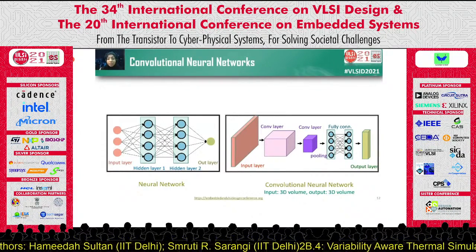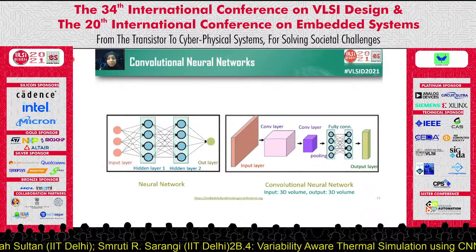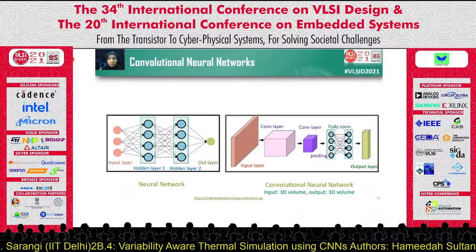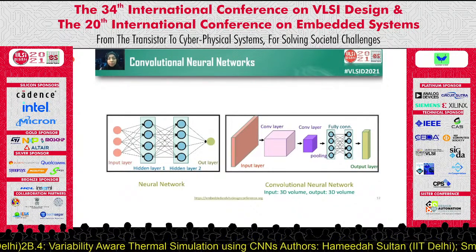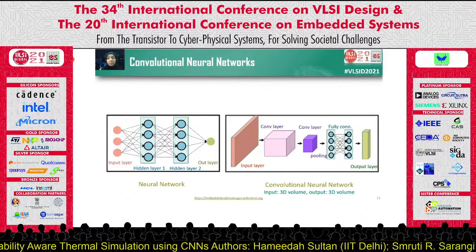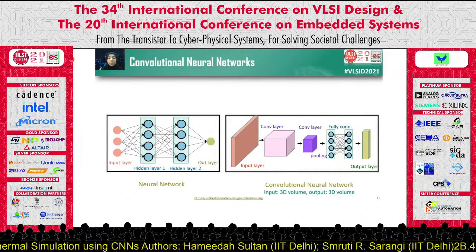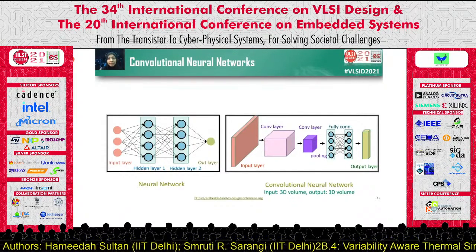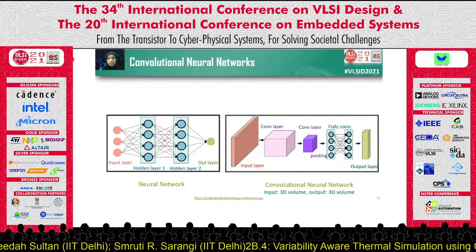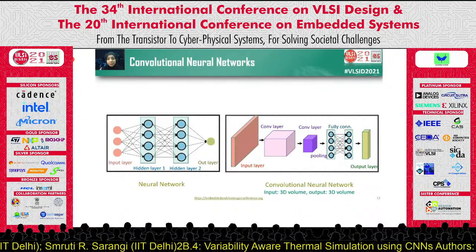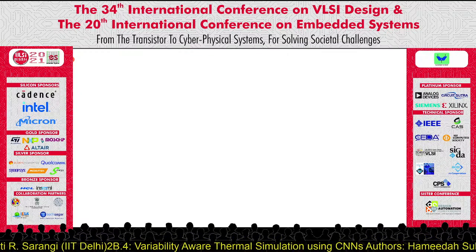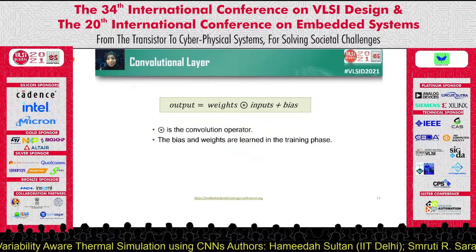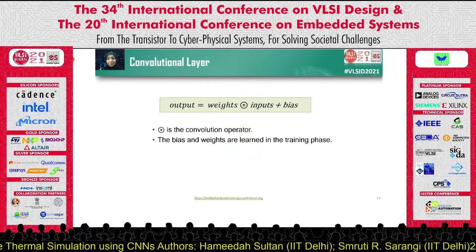Now, the important thing to note here is that in a convolution layer, each neuron is not connected to the entire input layer, but rather a subregion of the input layer, which is called its local receptive field. This is important for power and temperature matrices, since the power applied at a grid point affects its neighbors the most, and the effect dies down after a certain distance. So this property is exploited by the convolutional neural network.